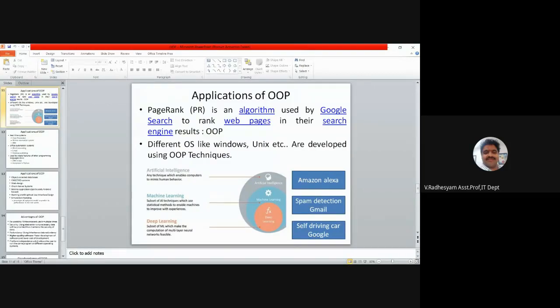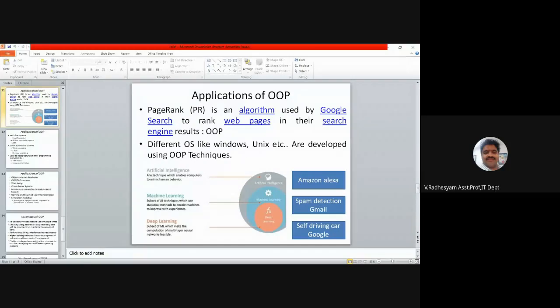How can Gmail understand this is spam? Some particular mail is received by you. How will Gmail automatically understand that the mail received by some particular person is spam? Using the concepts of machine learning.